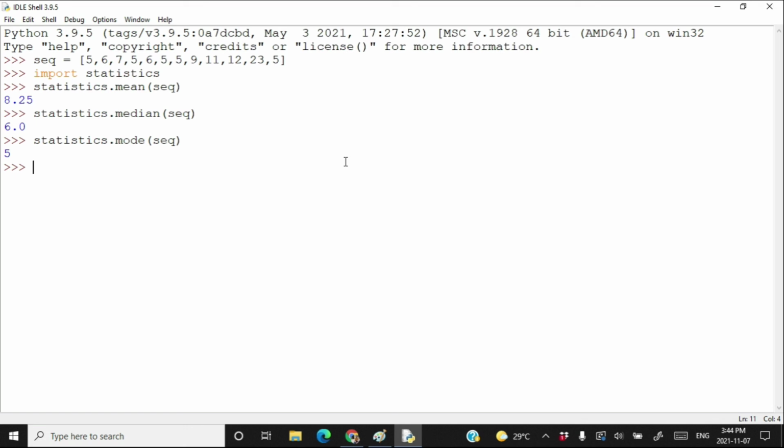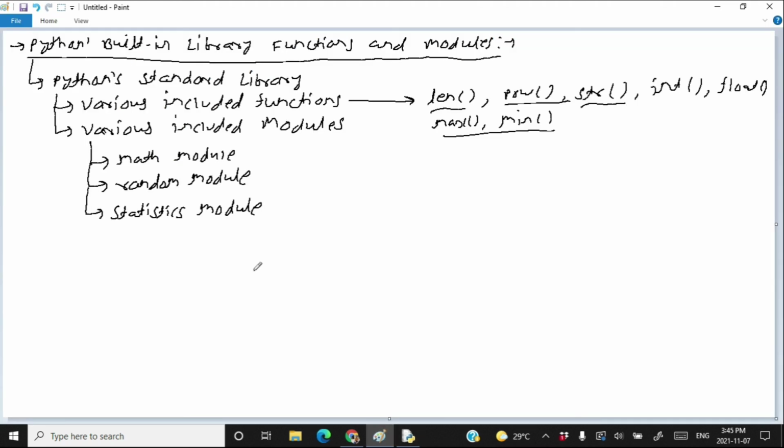So these are some important modules which are readily provided with Python installations. There are various modules available in Python's standard library, whereas various other libraries you can download for other purposes. For example, the NumPy library can be downloaded for advanced math functionalities. You can use the SciPy library, which is for scientific mathematics.